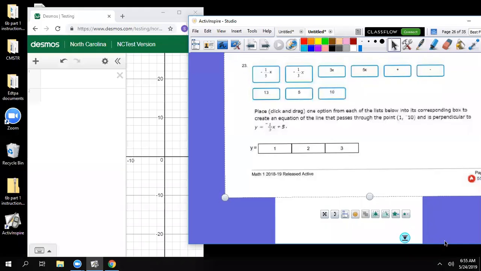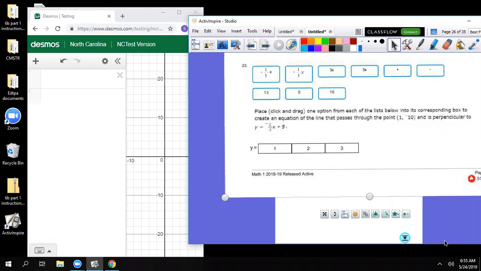All right, so this question is number 23, and if we had the actual test, we would be clicking and dragging one option from each of the lists below into its corresponding box to create an equation: the line that passes through the point 1, negative 10, and is perpendicular to y equals negative 1/3 x plus 5. Okay. So unfortunately, we cannot use Desmos for this explicitly, but we are going to be able to create the